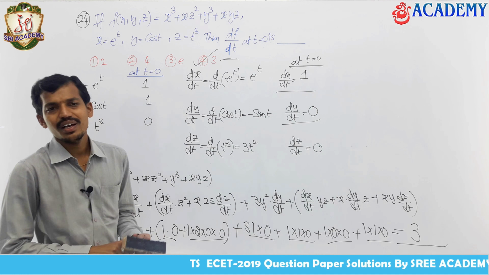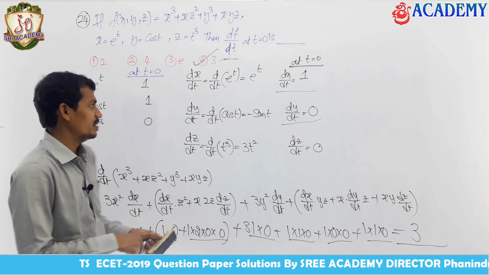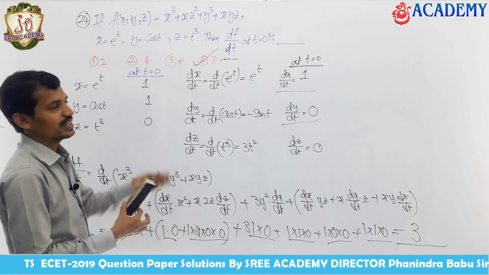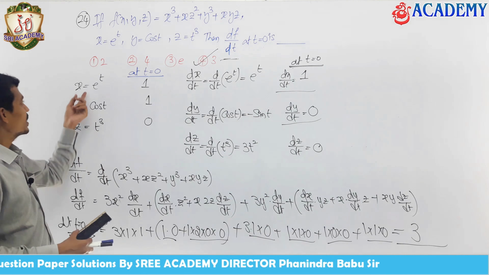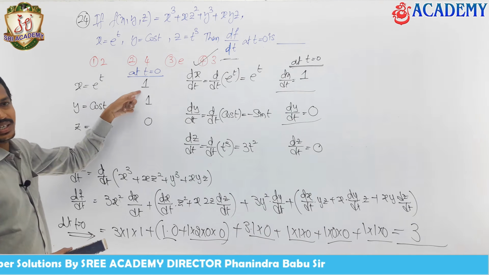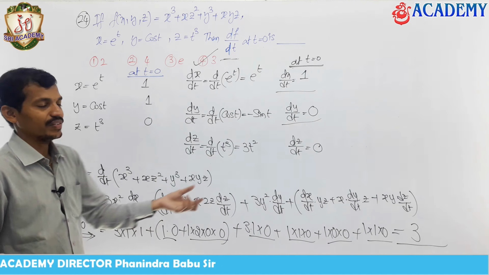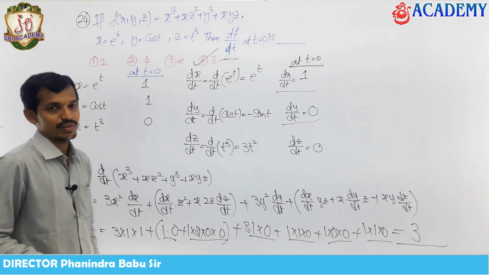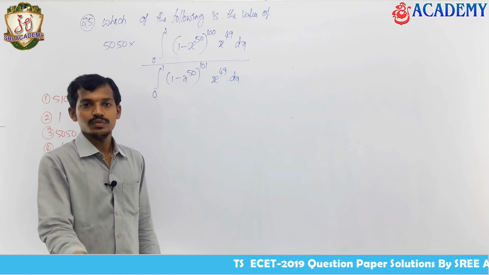Simply substituting values, we will get the answer by differentiating. I wrote all of this out so that you people can understand, but if you simply remember the derivatives, like the derivative of e power t at t equal to 0, you can substitute values directly and get the answer within 2 steps. Okay, let's see another problem.